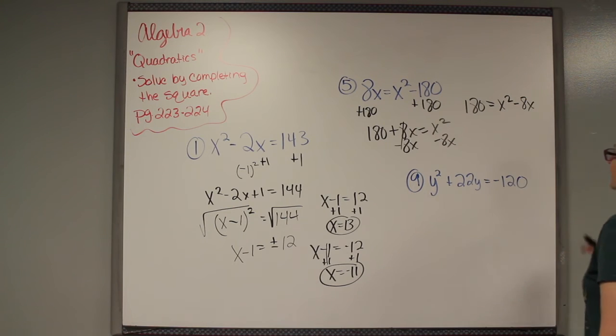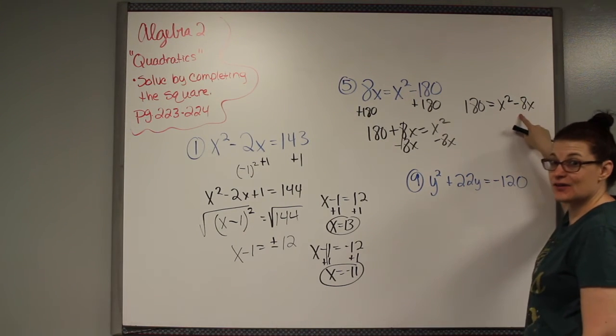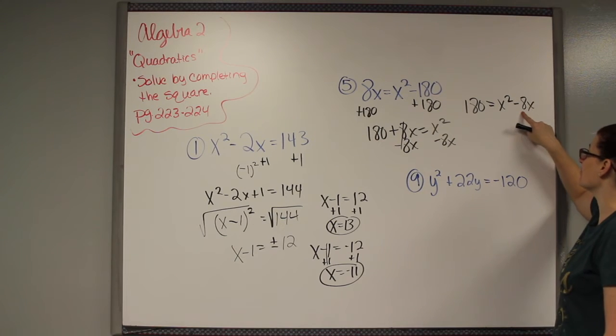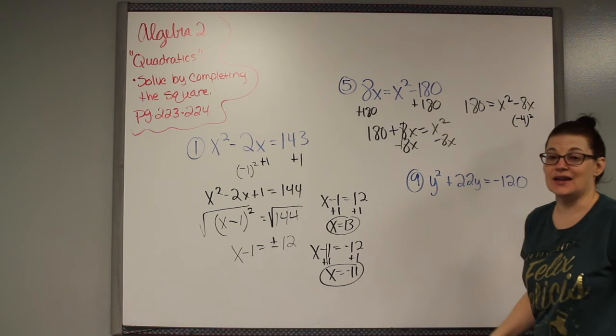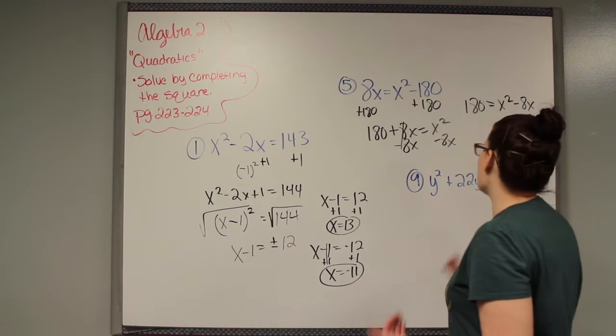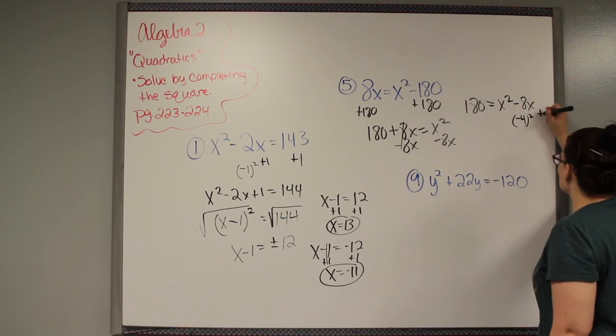So I'm still going to do the same thing, okay? I'm going to take half of what's in front of x. Well, half of what's in front of x would be a -4. And I'm going to square that. -4 times -4 makes a +16. So I need to add